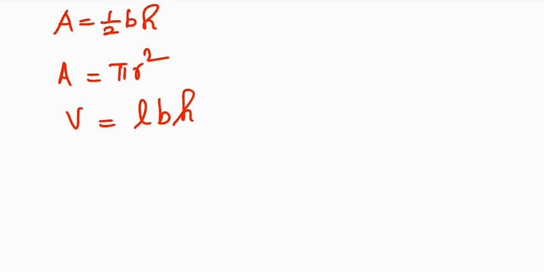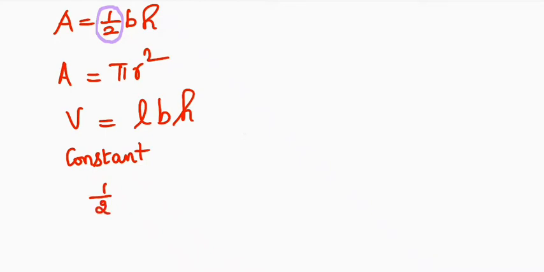So see the first one. Here you will have half. This half remains unaltered during the mathematical process, that is, to find the area of the triangle. So when you use this formula, half is half. It will not change while finding the area of the triangle. So the quantity which does not change during the mathematical process is called the constant. Therefore, in the first example, the constant is half.